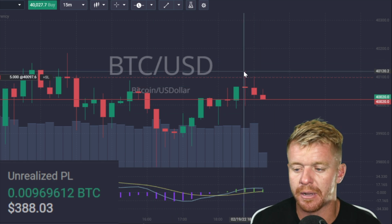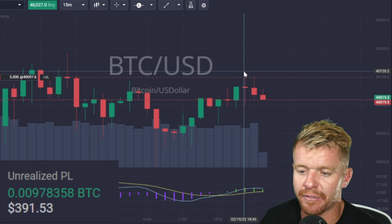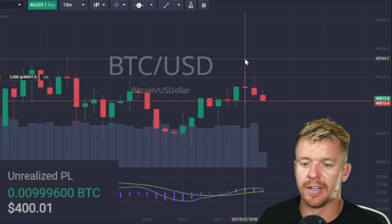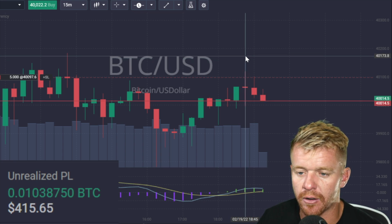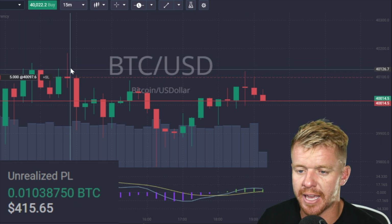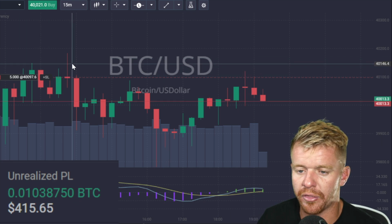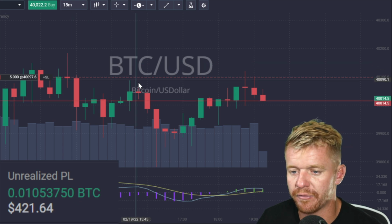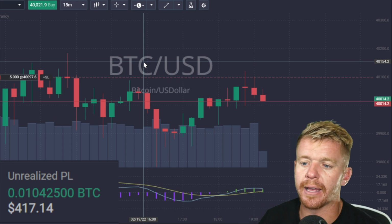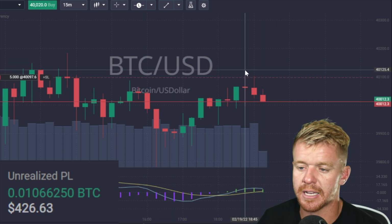So my stop right now is 151, and the reason that it's 151 was literally because I was looking like, all right, we have a lot of resistance. We have resistance on these candles. This one's the high 132, 140, 150. So pretty much thinking like 151 is a better area than, let's just say, 100, because as you can see